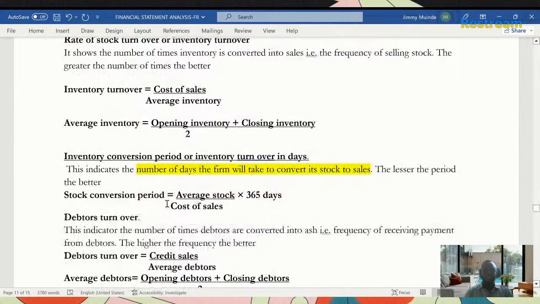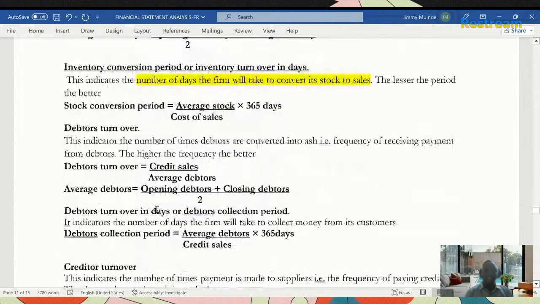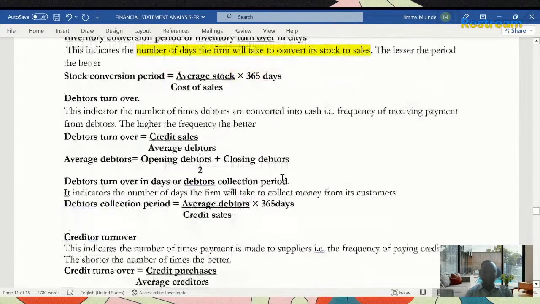We have debtors turnover. And when you talk of debtors turnover, this is basically the number of times that the debtors are converted into cash. How frequent do we receive payment from debtors? And the higher the frequency, the better. That means we receive it a lot of times. So it's given by credit sales over the average debtors. When you hear average, you basically compare the opening plus the closing, opening plus closing divided by 2. That's how we get the